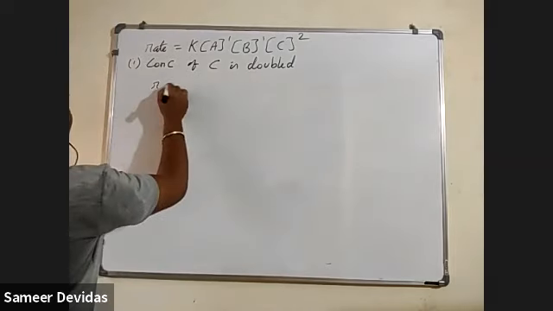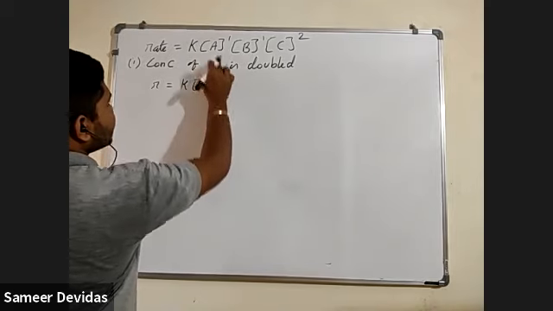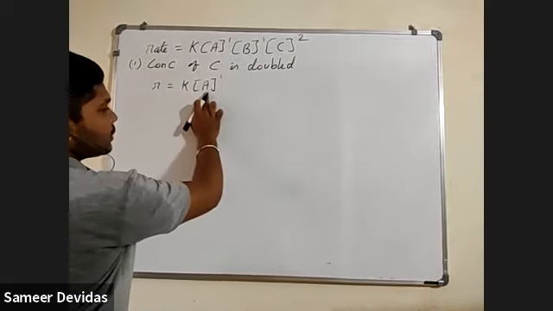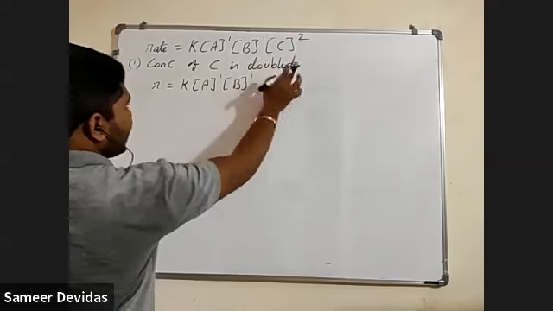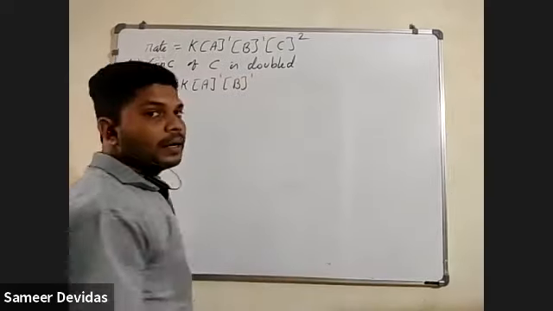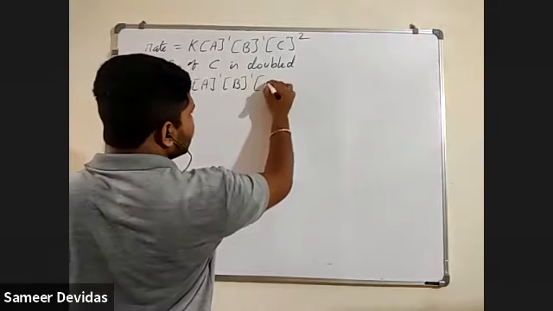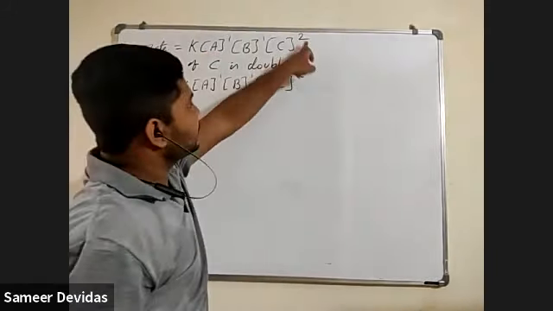So I'm doing R is equal to K. Are they changing A in this statement? Anything they have said with respect to A? No. So we'll keep A as it is. We'll keep B as it is. C, they have said C is doubled. So what will you do here, students? 2C. Am I right? Yes, sir. Raised to 2. Don't forget about this, because this is there as it is.